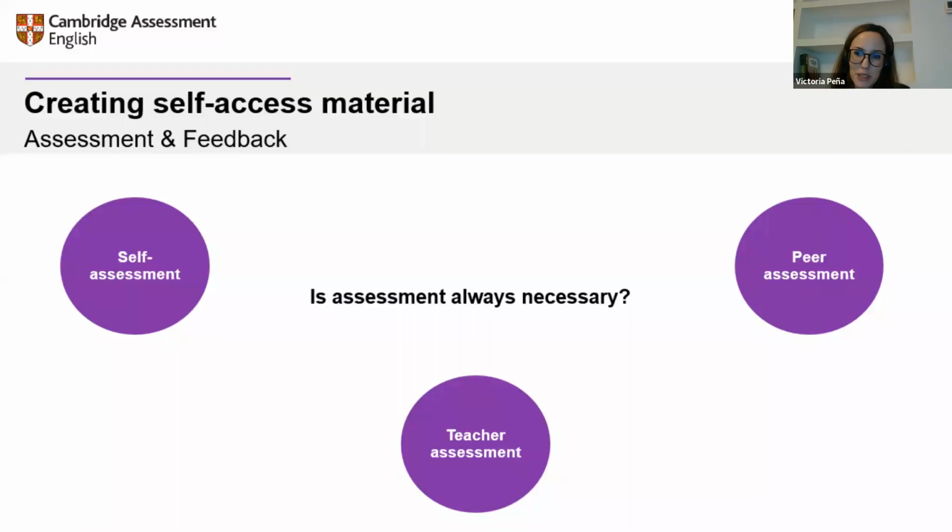I just read a comment in the chat box saying that peer assessment is dangerous. So yeah, it can be dangerous, especially if it's just thrown in. You do need sometimes a bit of a culture change, and we know there are certain students, especially at certain ages, who can be quite cruel sometimes.